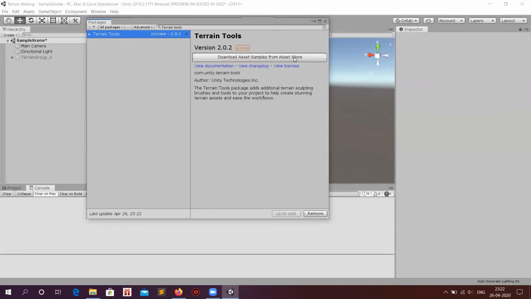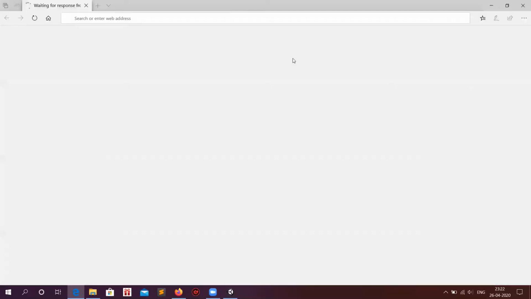And after installing, you will see this option: download asset sample from the asset store. You can either click on this link, and it will open in the browser.